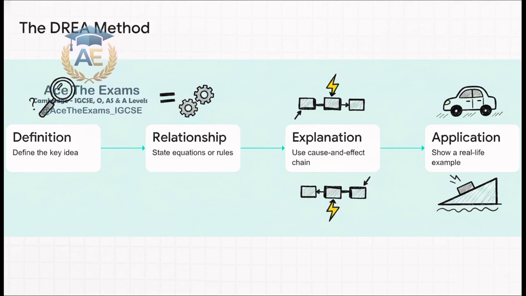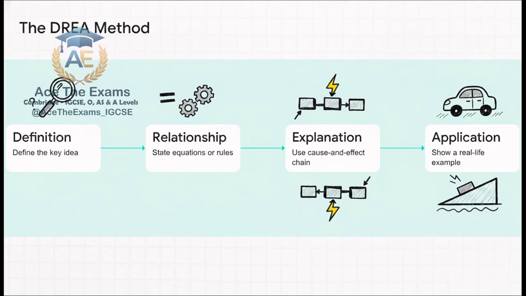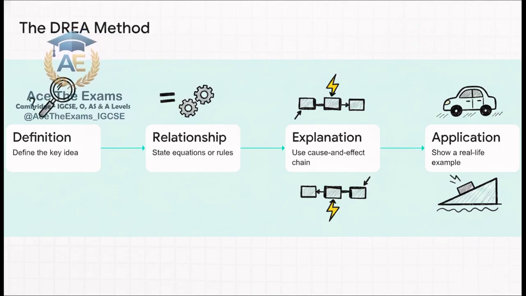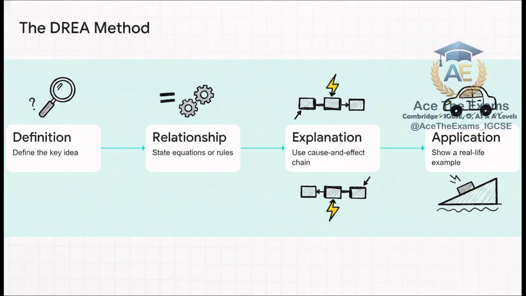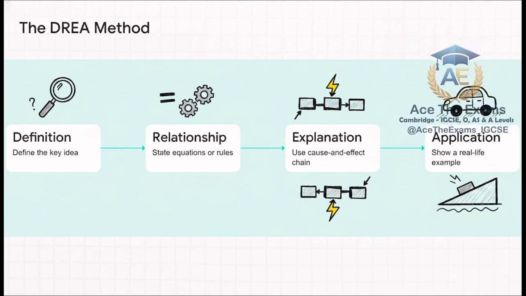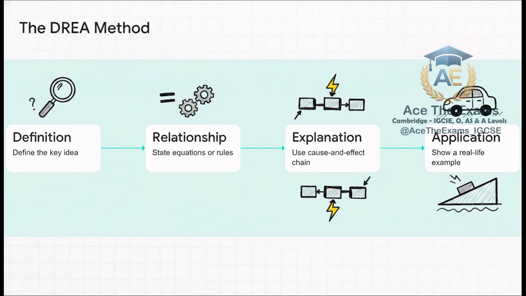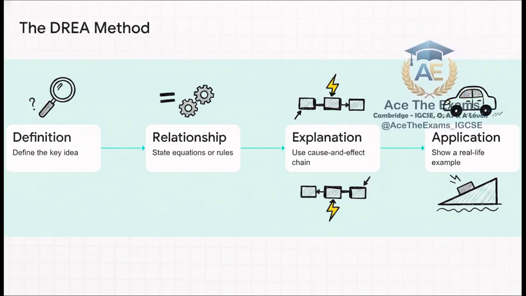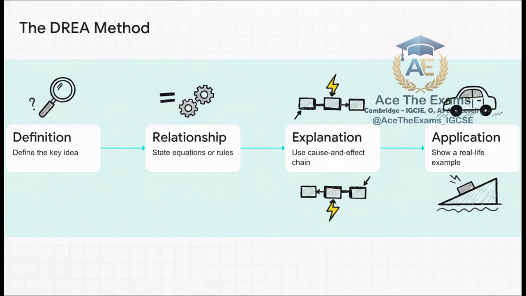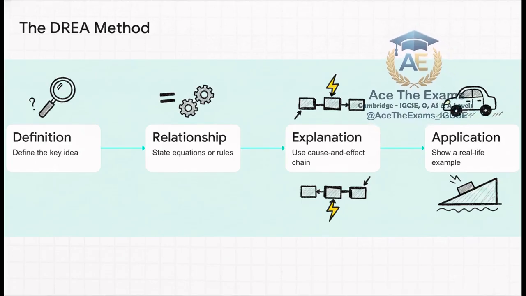Then, E, provide your explanation. This is the heavy lifting. Use a clear, undeniable cause and effect chain to explain how the variables interact. Finally, A, provide the application, showing a real-life example or linking it explicitly back to the specific scenario in the exam question. If you relentlessly follow the DREA method, you guarantee you are giving the examiner absolutely everything they need